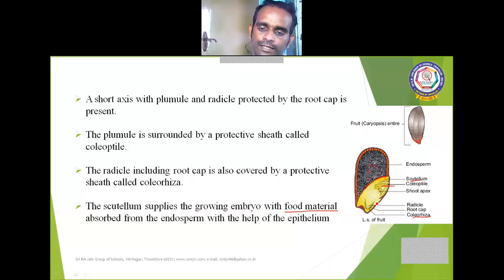Can you understand? Yes. That's all about the structure of the monocot seed, the oryza seed. Next, we are going to see the next topic,